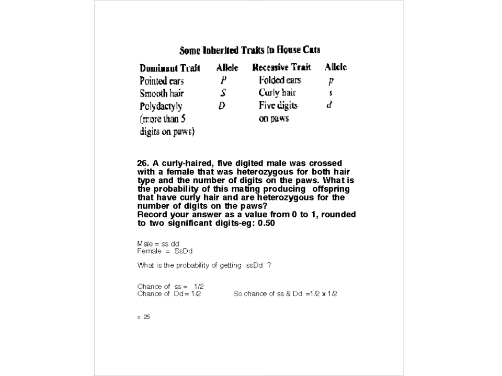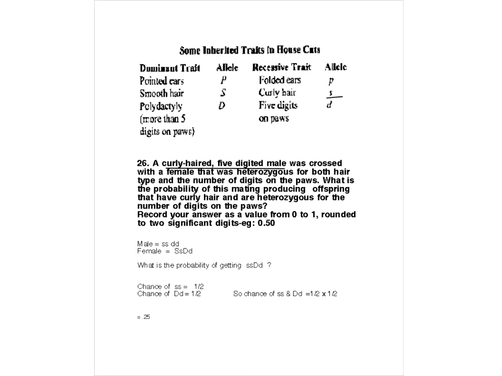All right. Going on to the next one. So this one here, we're looking at some different alleles. Remember, each of those letters are alleles. We're looking at a situation here where we've got 2 letters being involved. We've actually got 3 different letters, but for this particular question, we only have to deal with 2 of them. Okay, so we've got a curly-haired 5-digited male. Okay, so let's see what that is.